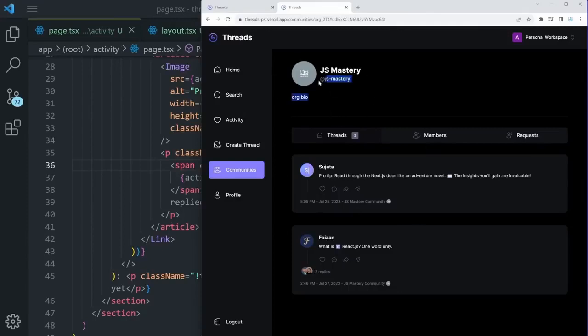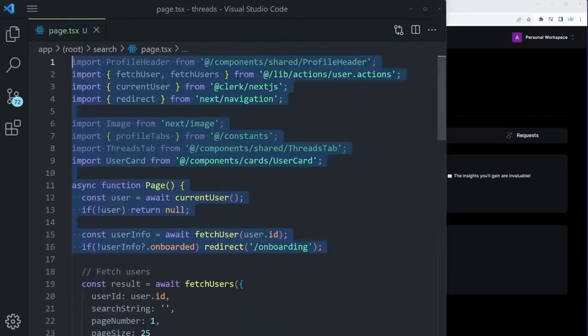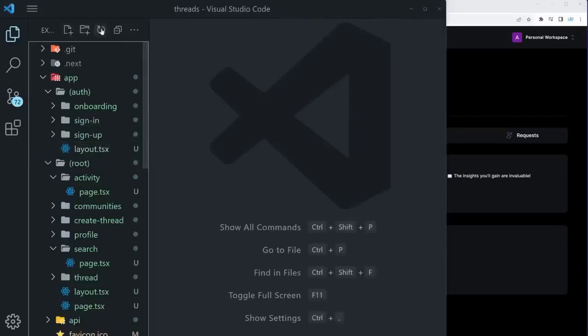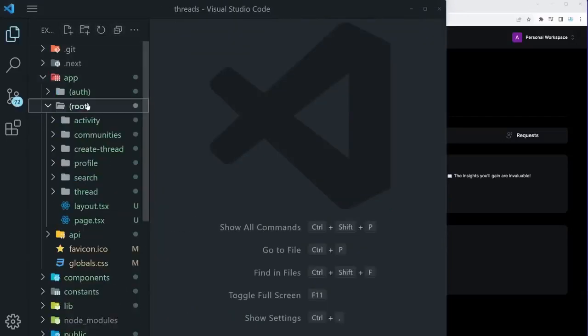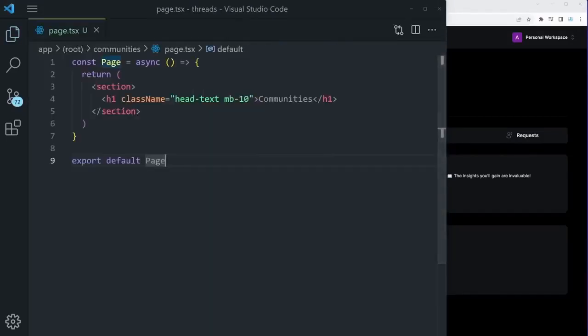We already have the profile header, as well as the tabs. And then here we'll be reusing the actual thread cards. But that's not going to make it any simpler. There's still a lot of logic that we have to work through together to make this functionality happen. So let's close all of the currently open files and let's go to pages and then communities page.tsx